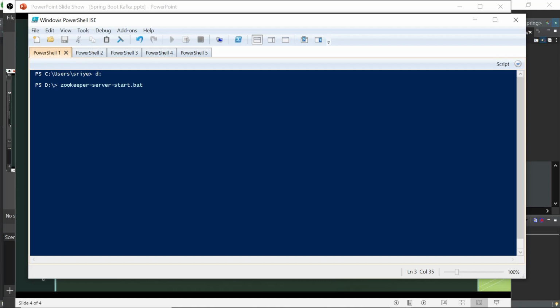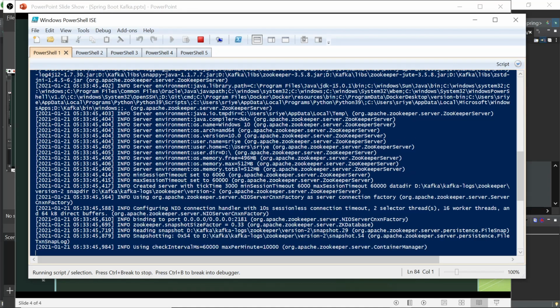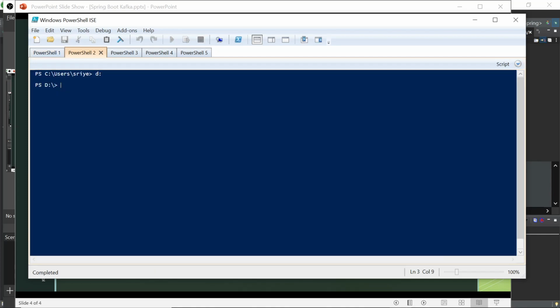Okay, so Zookeeper, and we need to provide the properties, and we wait for Mr. Zookeeper to come up. And it's up. Let's go for Kafka.